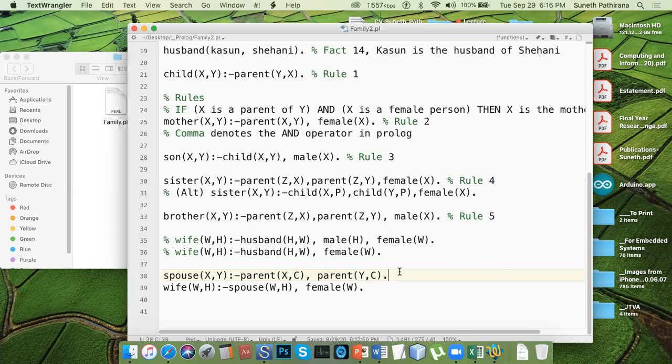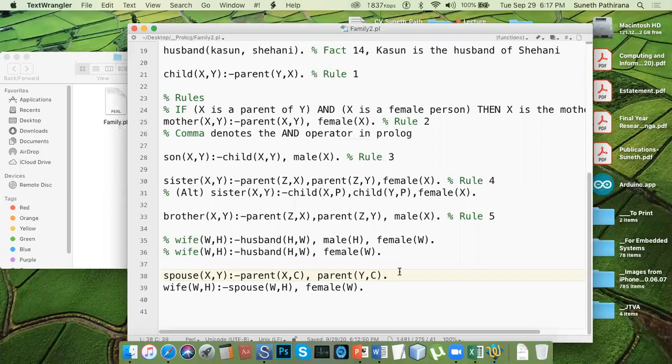There is one way of defining the Prolog rules, but you can sense, you can detect what's wrong with this statement. Apparently, it seems to be okay for most cases. That means if X and Y are husband and wife, a couple, in most cases they must have at least one common or shared child. But there can be situations where a specific couple may not have children.